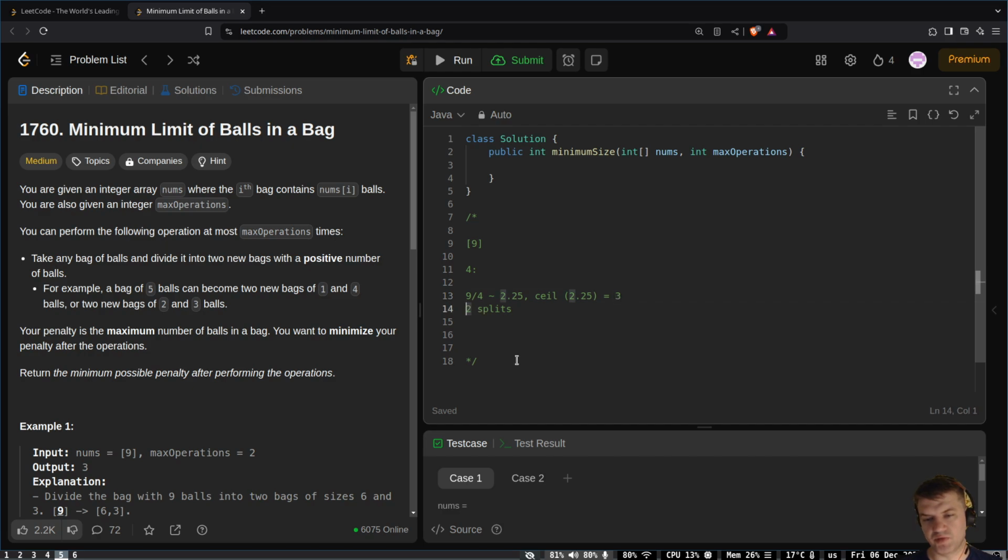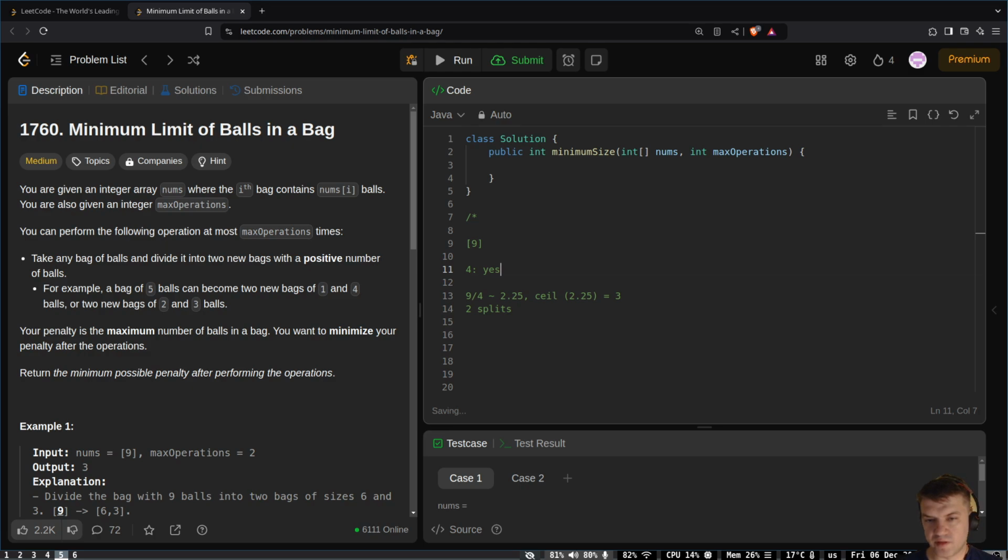So 3 minus 1 is gonna be 2. It's like cutting sticks. If you have a stick and you do 2 cuts, you'll have 3 parts. I need two splits to make 3 parts out of 1. So in this case I can answer yes,